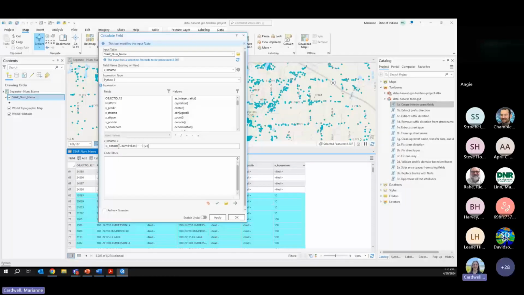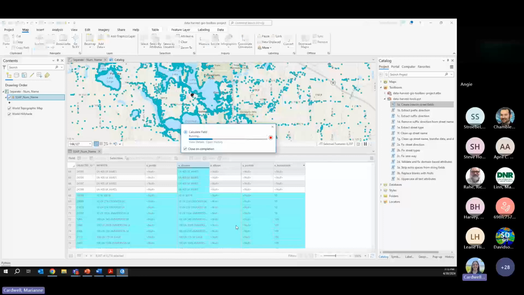But I'm grabbing the street name, and I'm using this function called partition, which takes the first word and then the rest of the words and splits it up. And this right here will keep only everything after the first word. So if I run that,